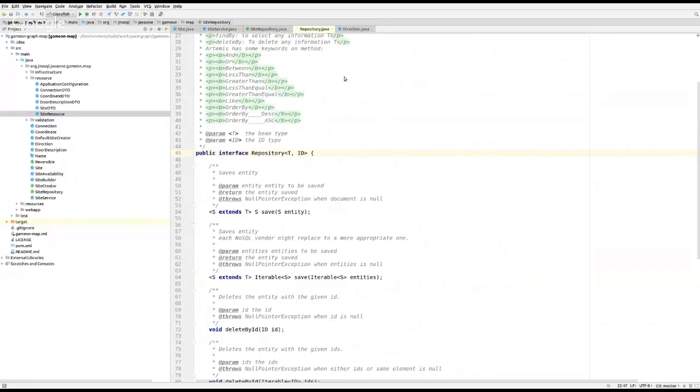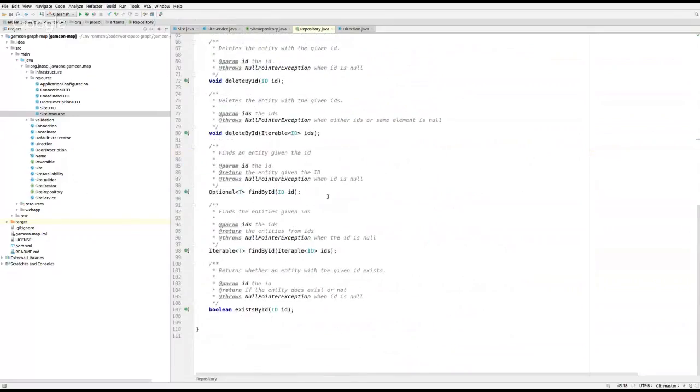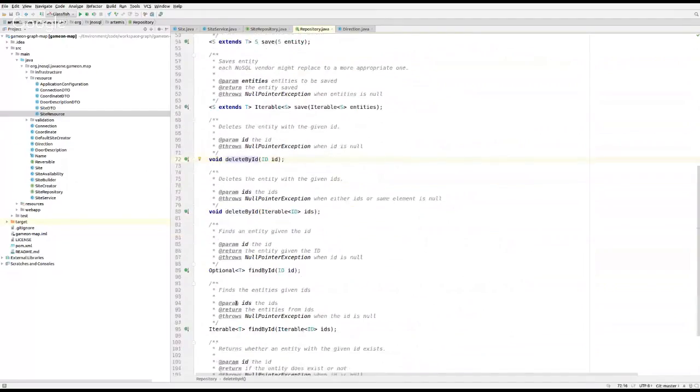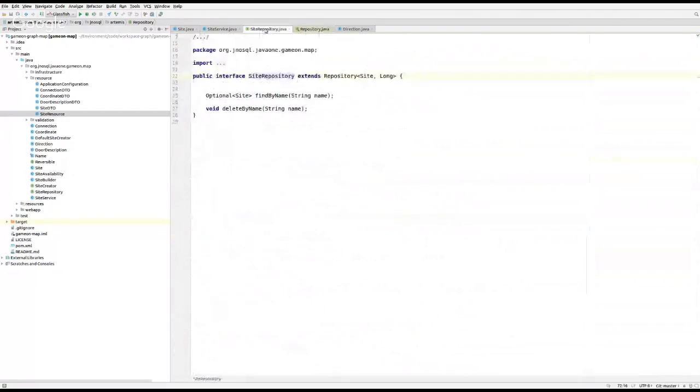What I have here are some methods: save, save a lot of entities, delete by ID, find by ID, and also what you can do here is method by query.